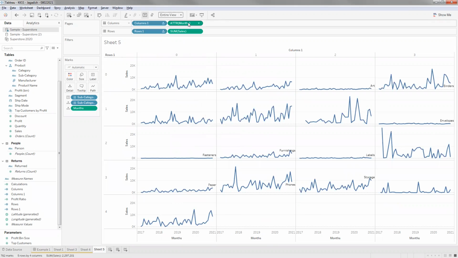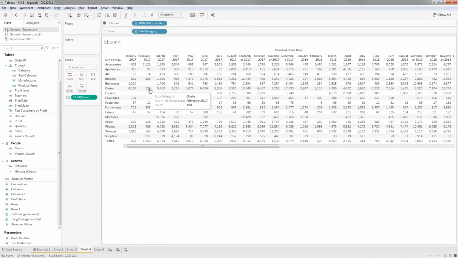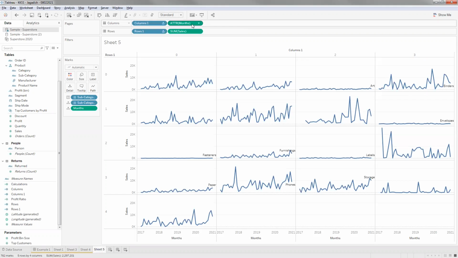What this is basically telling Tableau is, hey, in the way that I set up the table calculations, whenever you encounter a missing value in the order that I have set up, you go for the next subcategory to fetch the value to replace here. But when I change this to attribute of months, what it's doing here is basically